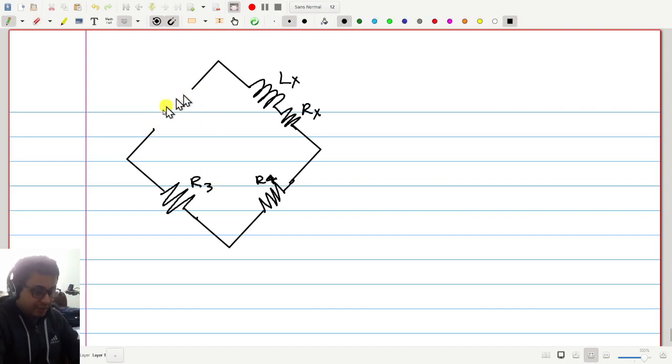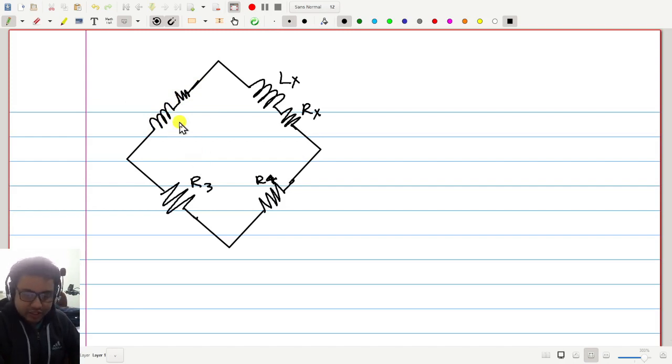We cannot go for a capacitor here, this will be an inductor. So here we cannot use a capacitor, otherwise we cannot balance. So definitely we have to go for a coil, I mean an inductor. And if we go for an inductor, the disadvantage is that, as I said, don't go for a standard value inductor; use standard value capacitors as long as possible. So in principle we can go for this, but that's the disadvantage.